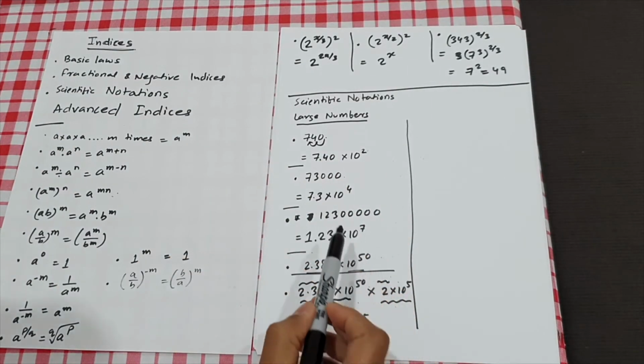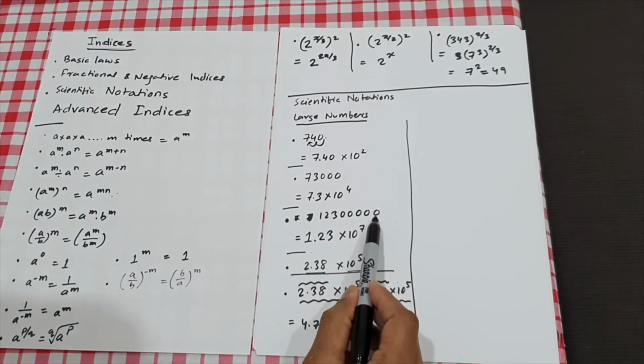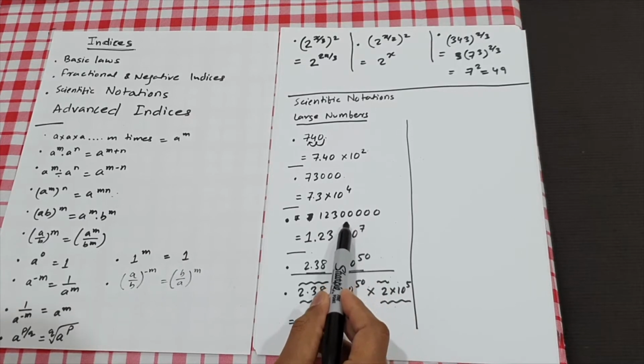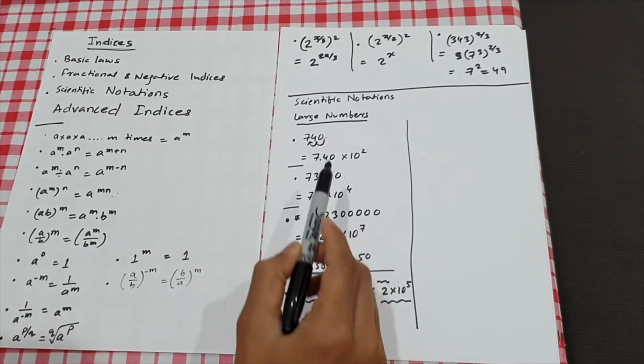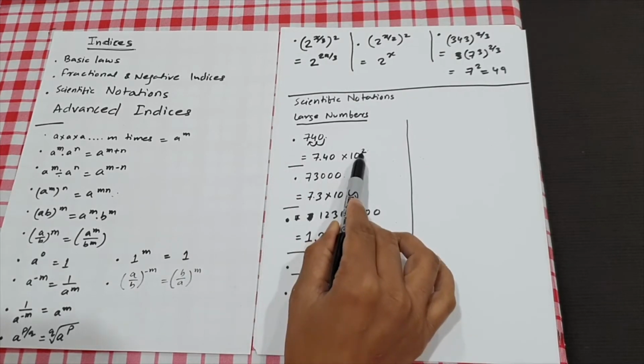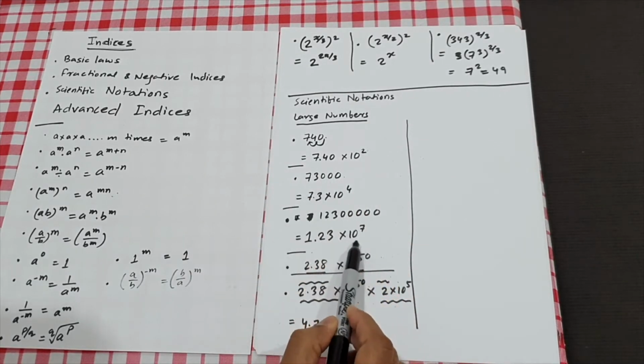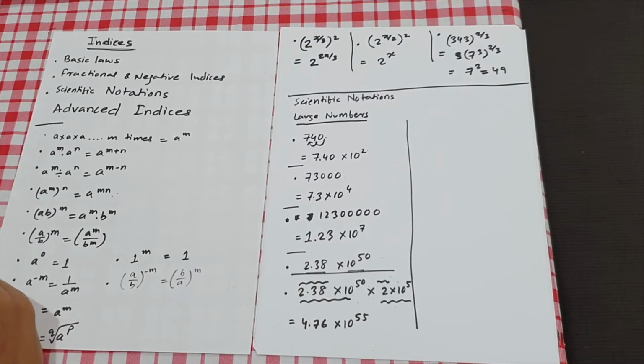The basics are just identify where the decimal lies, and then every time we are moving it one digit, we're increasing the power of 10 by that. So if you're moving it twice, 10 to the power 2. If you're moving it 7 times, 10 to the power 7. Things like that. This is what scientific notation is. Straightforward but useful for a lot of purposes.